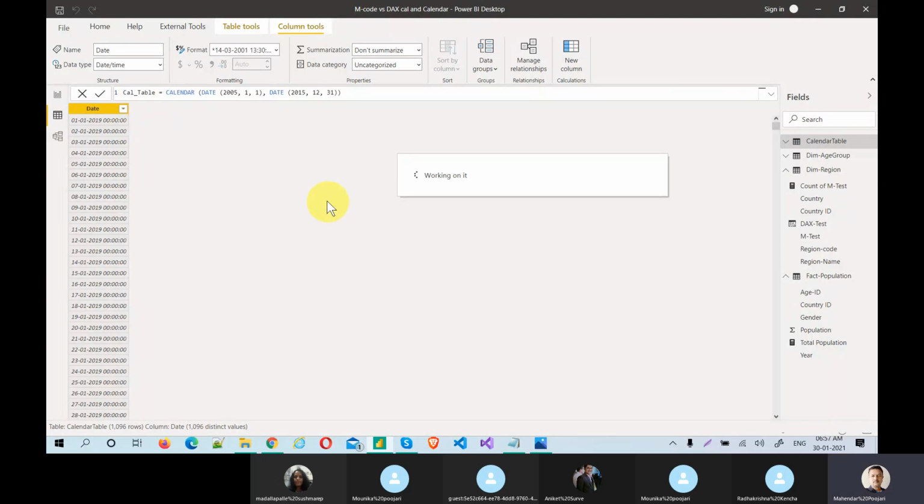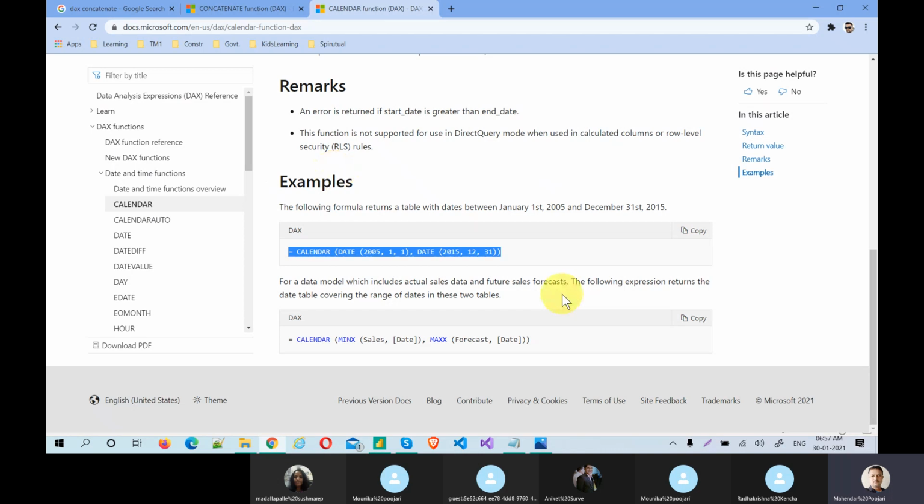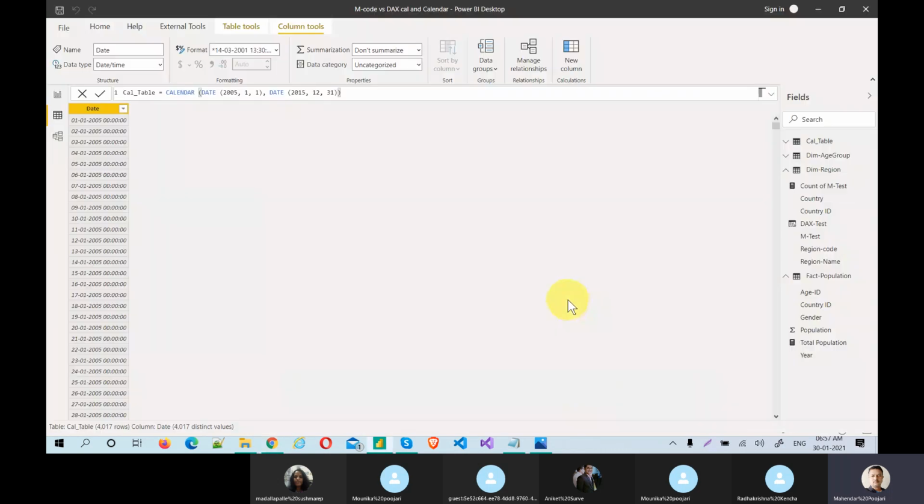That will work. See, it will create one year of data, 2005. So that's how. Even I don't know, I just copied and pasted. Okay, so you can use this min sales. I will talk about this later, but for now just stick to this.